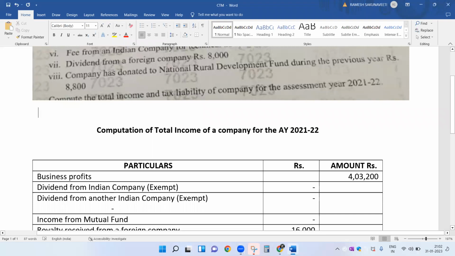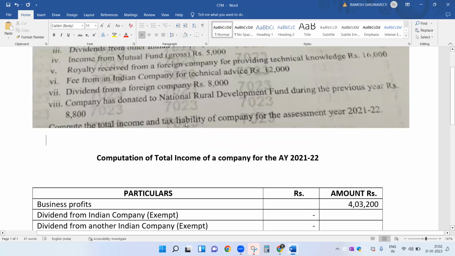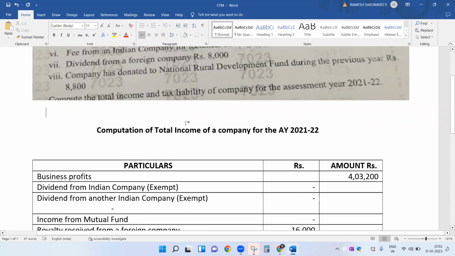So dear students, this is last year's question paper's problem actually. The problem ended here itself. But in some cases they will continue like this. In that case, how to calculate the tax, that I will teach you now. Sometimes they will add this sentence, find out. You also write this sentence: find out tax liability